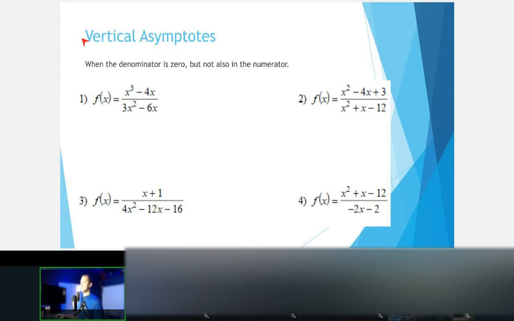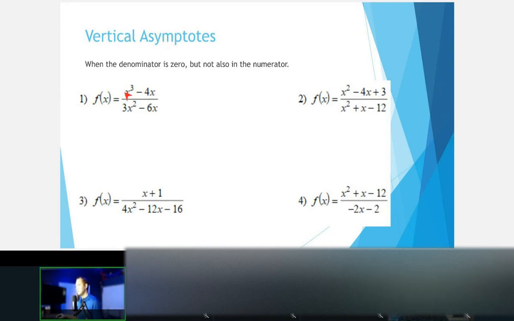All right, so for these problems, I have four on the board here. When the denominator is zero, but not also in the numerator. Okay, I need to rewrite this. Okay, so to calculate